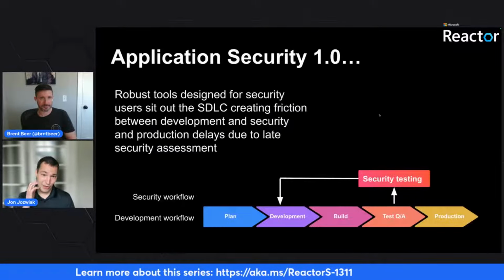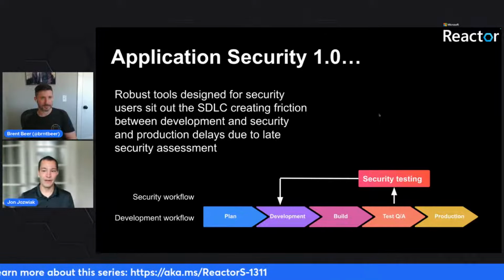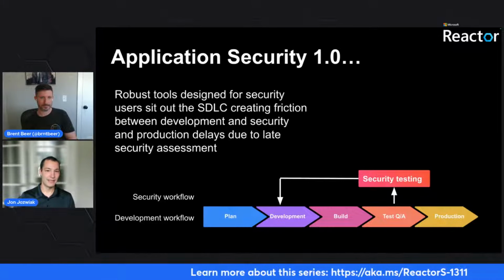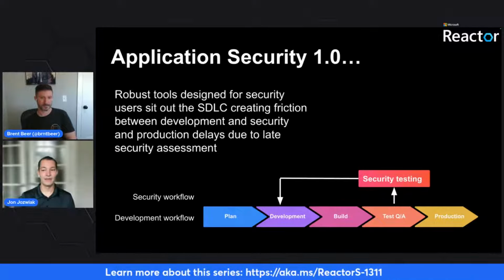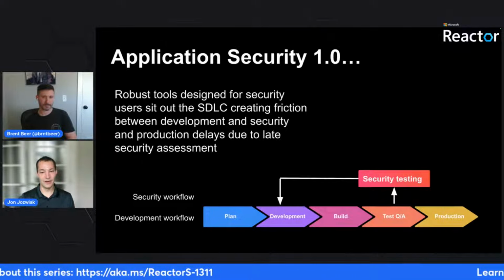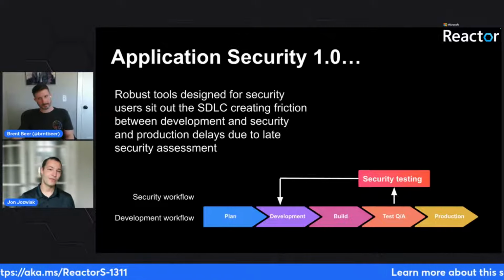So if we go back to what we consider AppSec 1.0, this is when security tooling was just starting. And what that workflow looked like is the security scan came at the end of the process, as they were doing QA, as they were ready to release to production. And what happened is, developers get all their work done, they've moved on to something else,